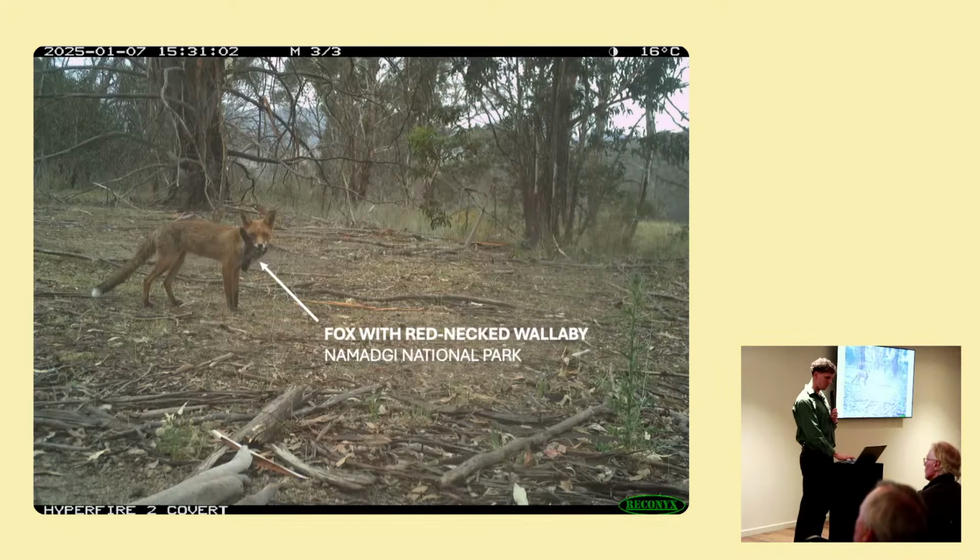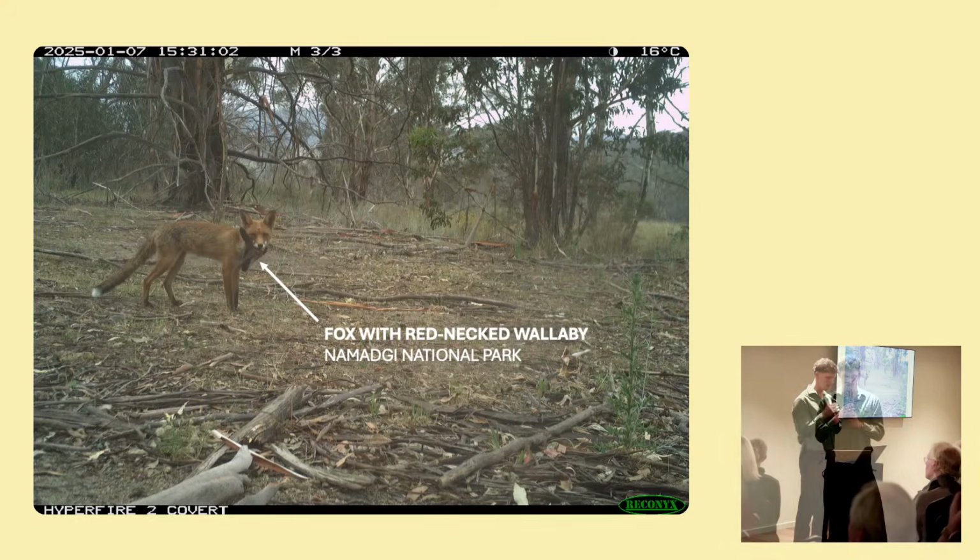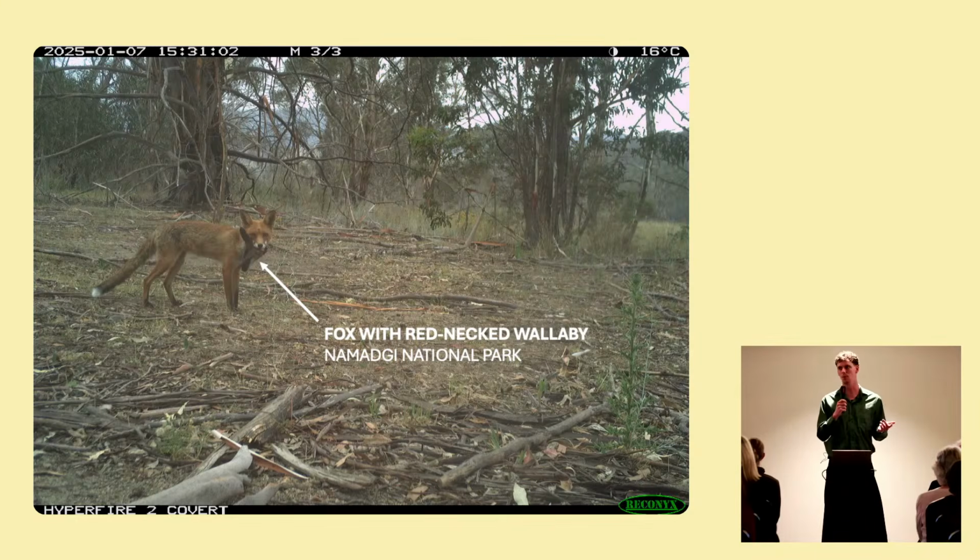And so what does this all mean in the context of management? In Australia, this is important because both red foxes and feral cats are a major impact on our native wildlife. So if dingoes help to keep these introduced predators in check, either by reducing their populations or altering their behaviour, so altering their behaviour being that change in the daily activity patterns or using different habitat types, the dingo could help to play an important role in conserving our native prey species.